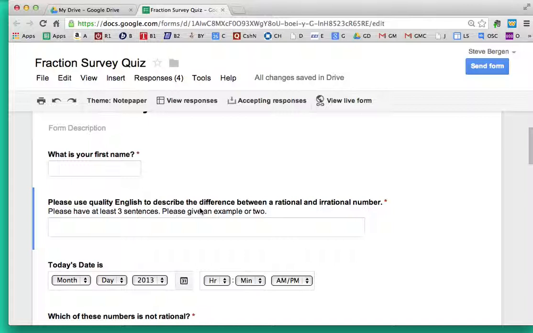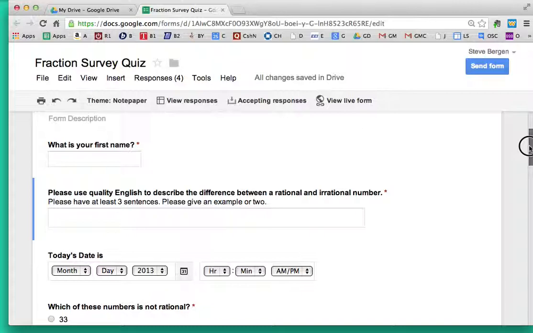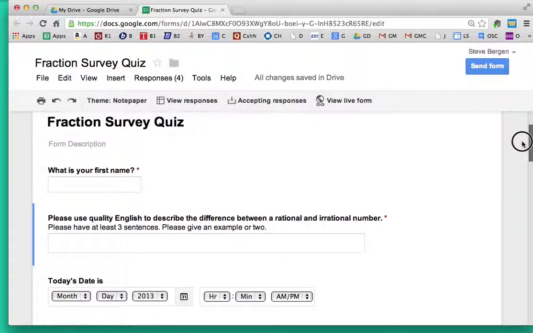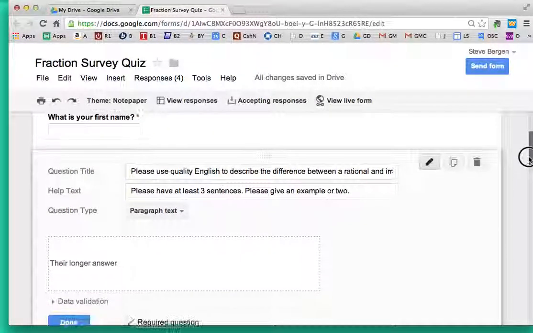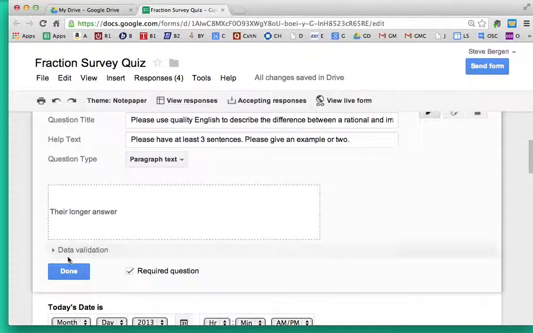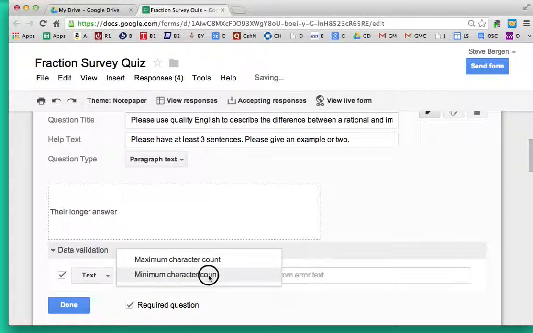This is the continuation of our video sequence on using the form module of Google Docs, Google Drive. In part one, we created this survey on fractions, and I've had a few volunteers put some fake data in. But this time, I'm just going to show you that we can do what's called data validation. If somebody were taking this form and filling out the survey, this new feature down here that I'm highlighting called data validation allows us to specify the response from the student has to have a minimum or